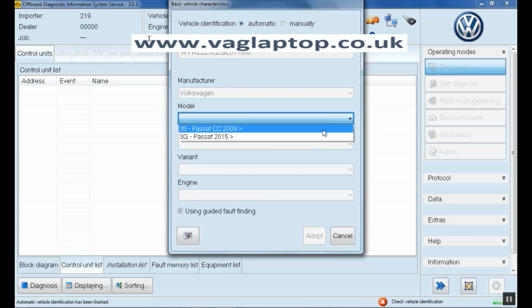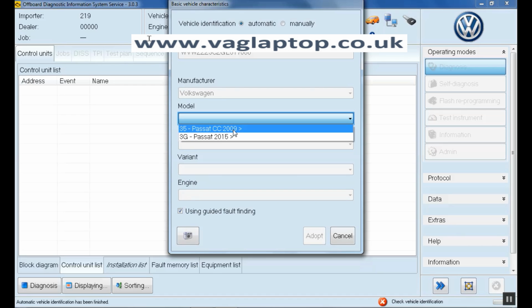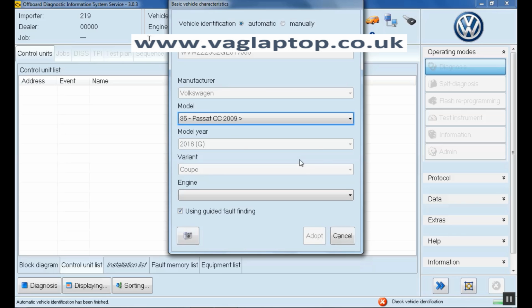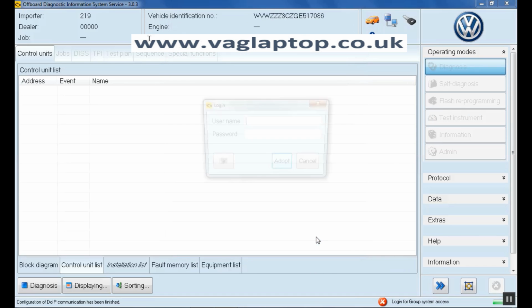Now you'll have to get your data sticker out of the vehicle. This will either be in your service book or stuck on the boot well. So this Passat is a 35, so we click on that. Model year's gone in, it's a coupe. Now you must put in the engine code. This is all important. If you do not put the right information in, this could affect the diagnostic outcome. Then press adopt,